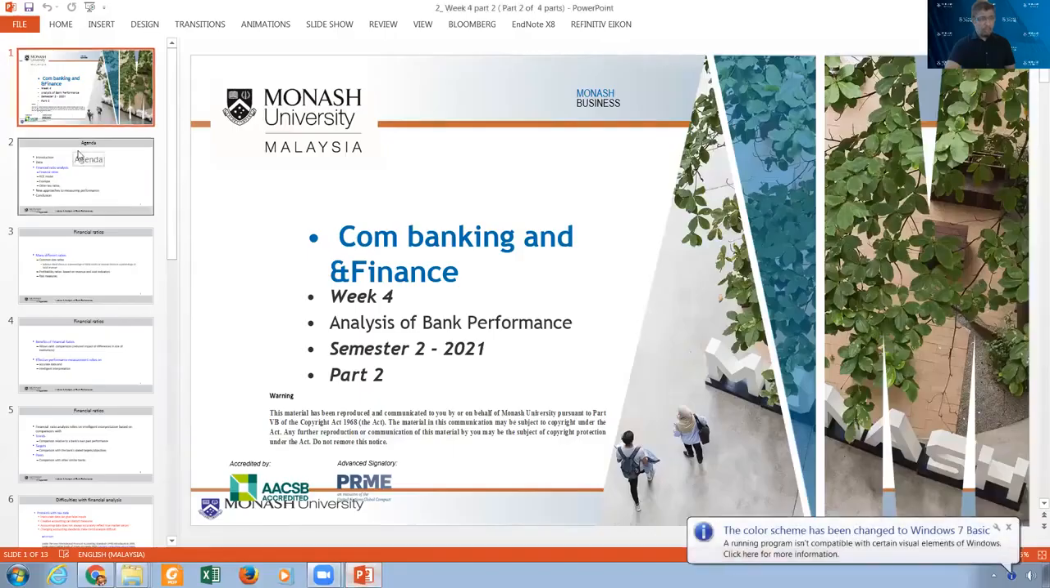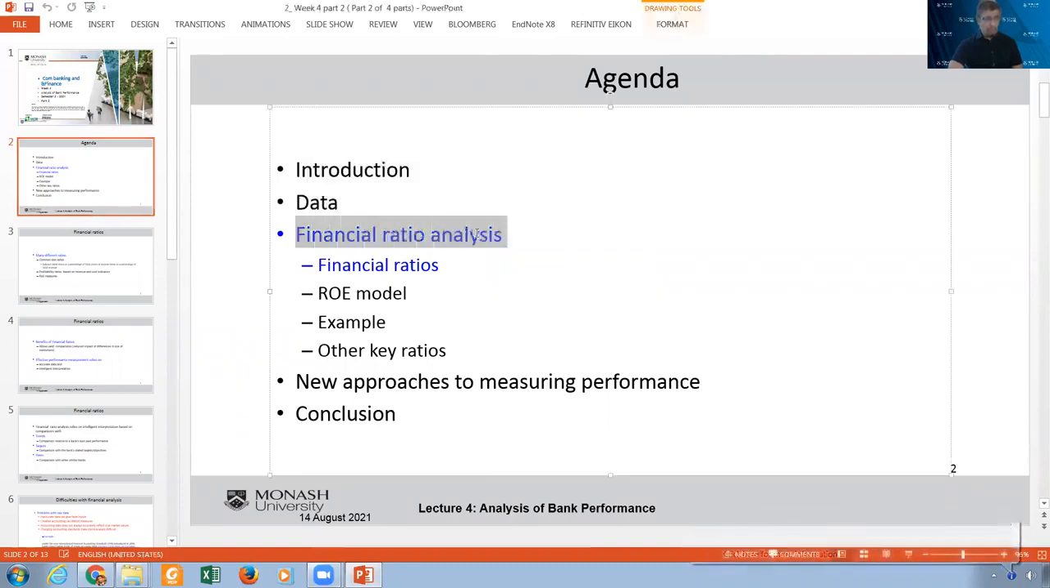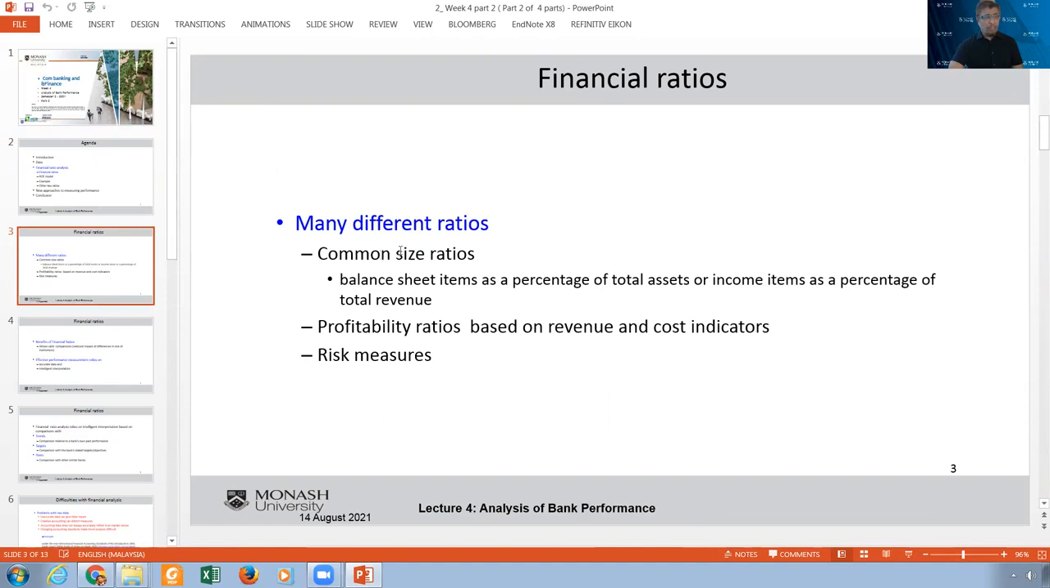Now, if you allow me to share, we are talking now about the financial ratios. We already finished the introduction and data. Now we are talking about the financial ratio analysis, and we are specifically talking about the financial ratios. Now, we have many different ratios. We have common size ratios, profitability ratios, and what we call risk